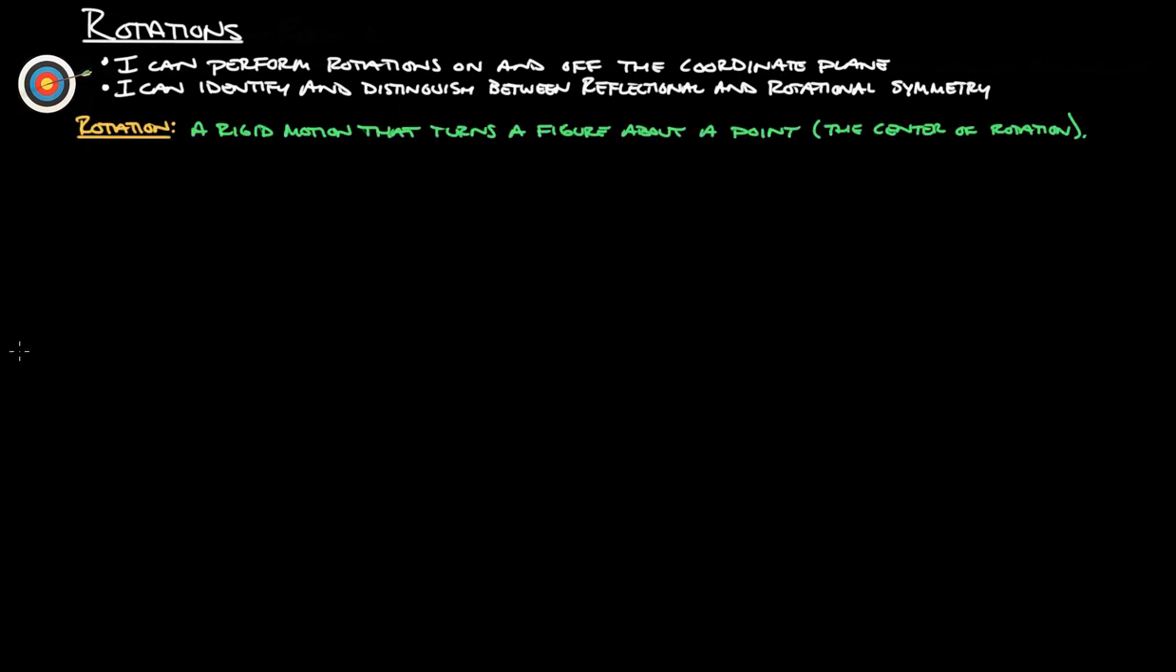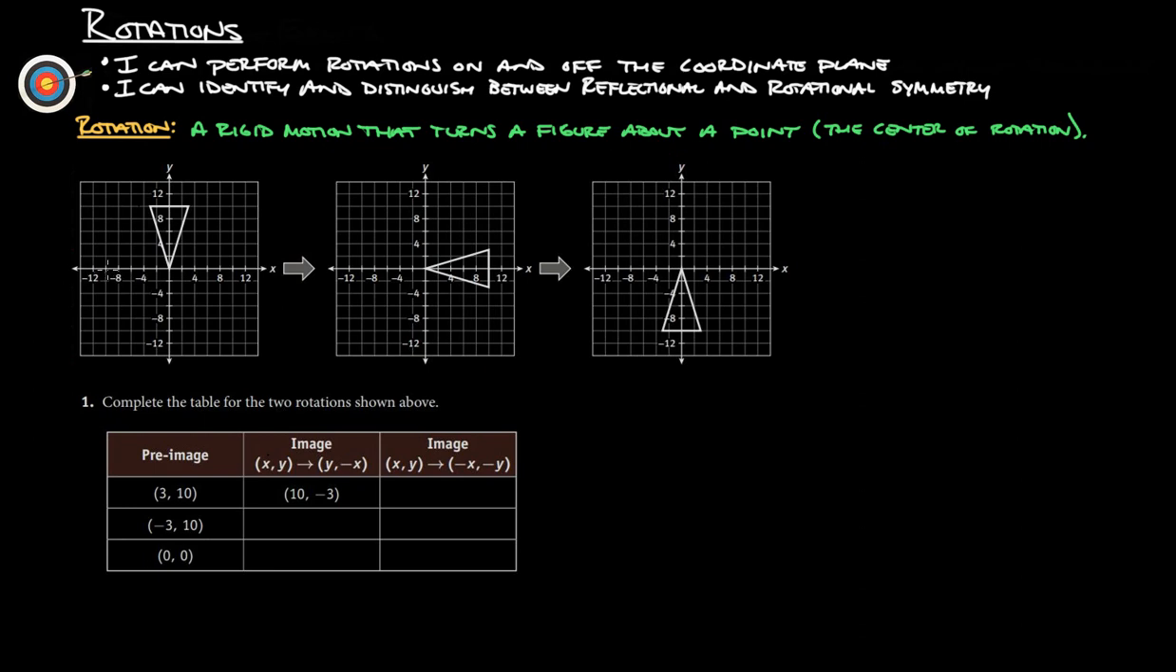Okay, so first thing, rotation is a rigid motion, which means, remember, it doesn't shrink or stretch. It stays the same shape. It's a rigid motion that turns a figure about a point, which is also called the center of rotation. Okay. For example,